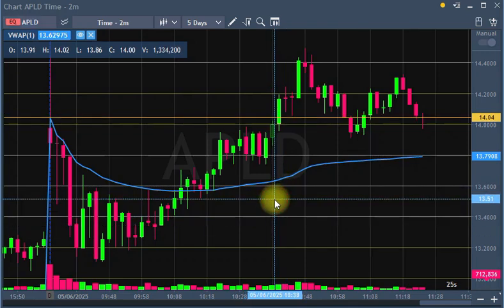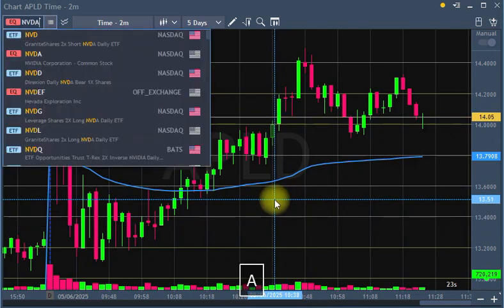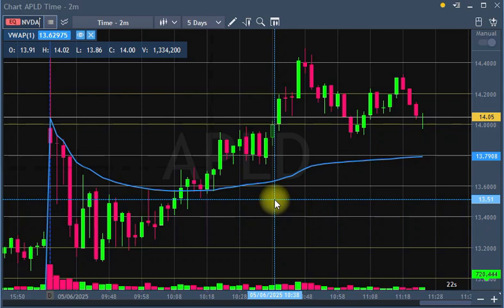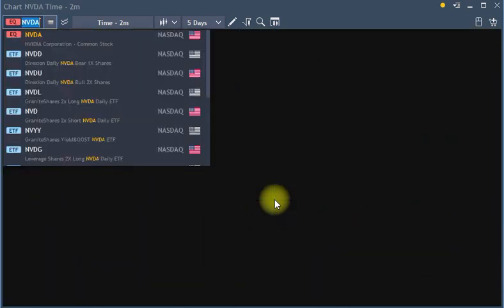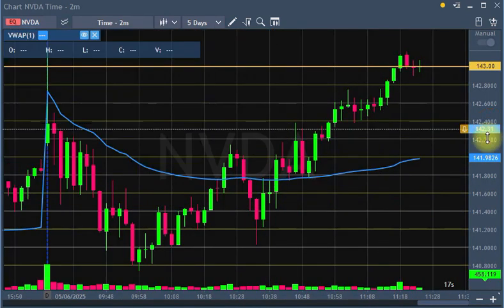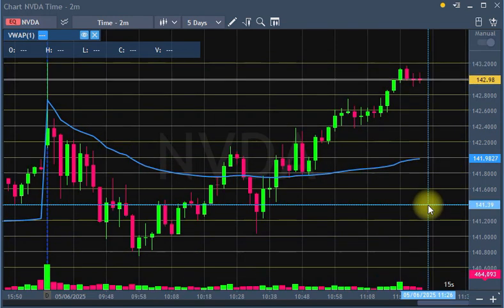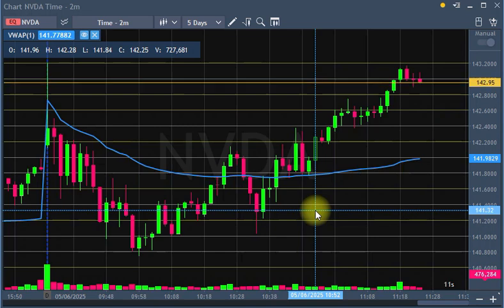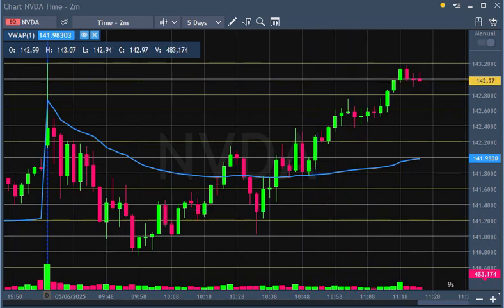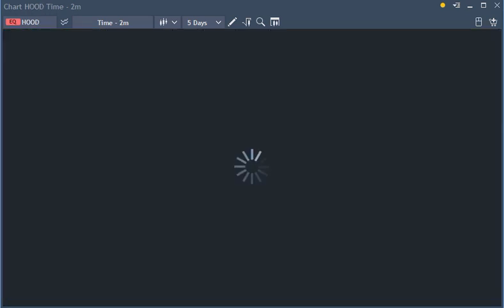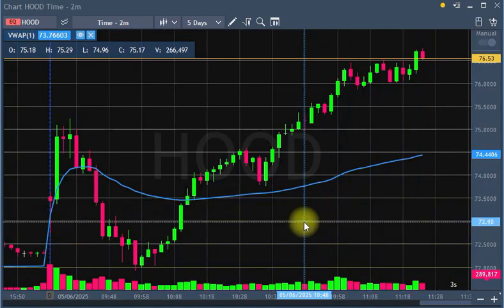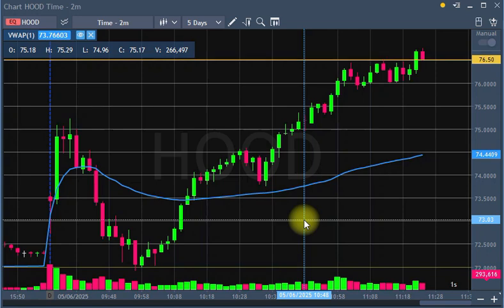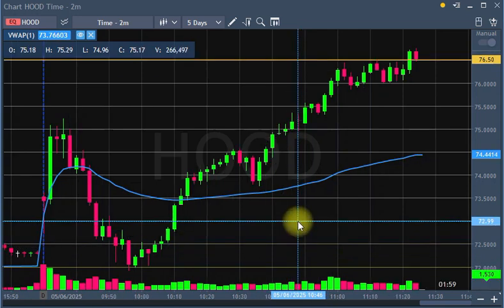Let me just show you Nvidia for a quick roundup, because this is the stock that's most likely to move like the market. Yeah, it's also getting closer to the highs of the year, but the price action is not that great. Actually, the best mover today, by any means, is Robinhood. Yeah, Robinhood had a great reversal from either 70 to 50 or 73, now it's 76.